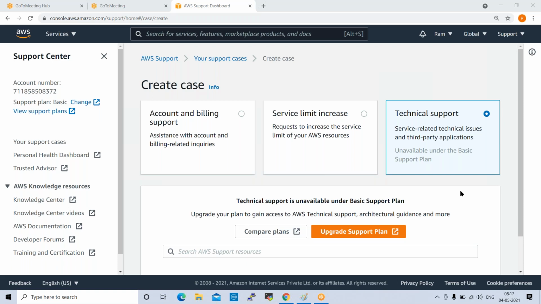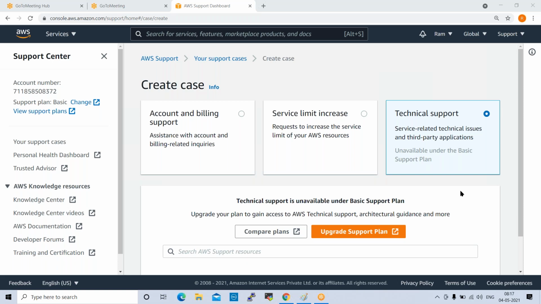A P1 ticket means a priority 1 ticket. Those are very critical tickets we raise in priority 1. When we raise a priority 1 ticket, within 1 hour it should be resolved. Otherwise, it will be breached and escalated to the next level. Priority 2 tickets will have 4 hours. Priority 3 tickets will have 24 or 48 hours, based on your organization standards, based on the SLAs they give. So the SLAs will be like that.